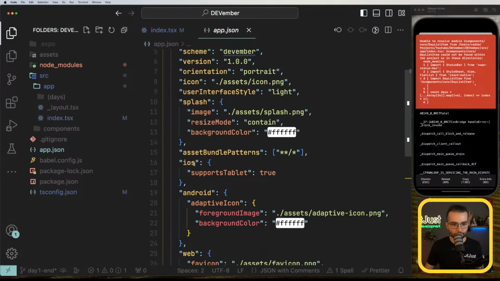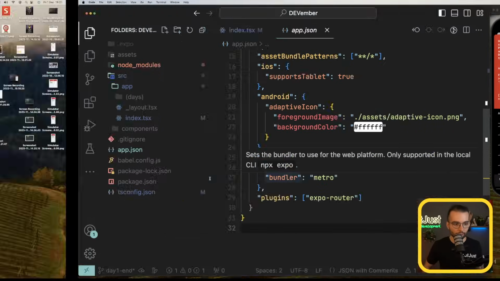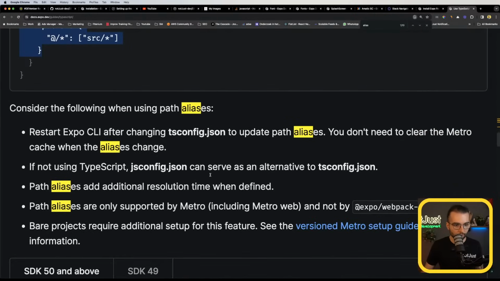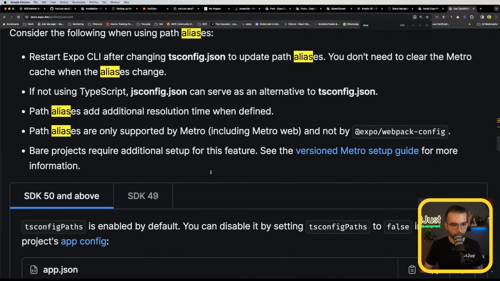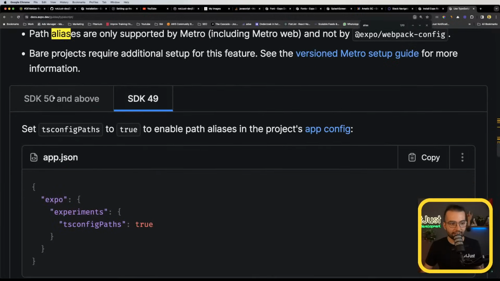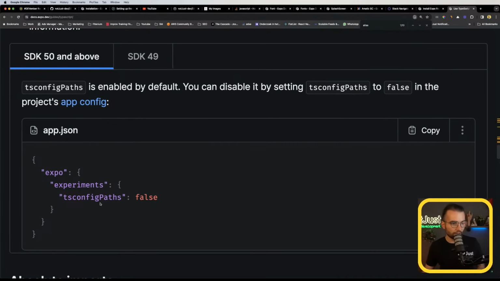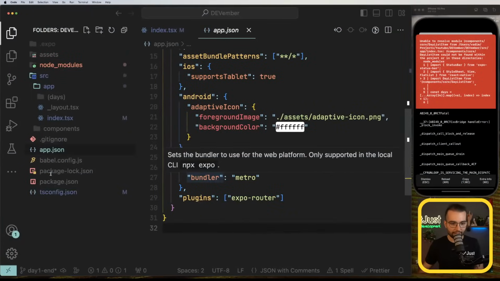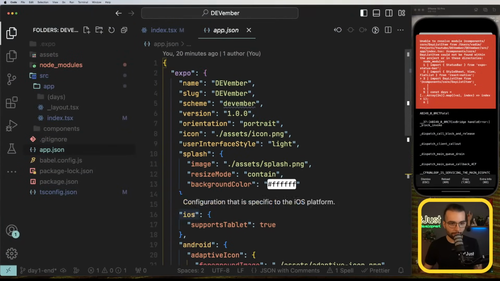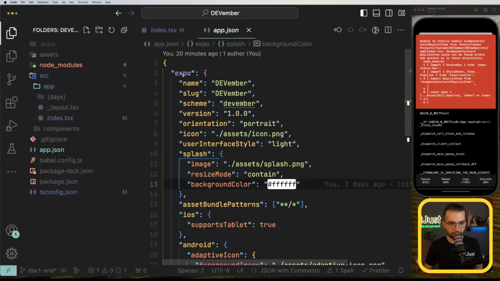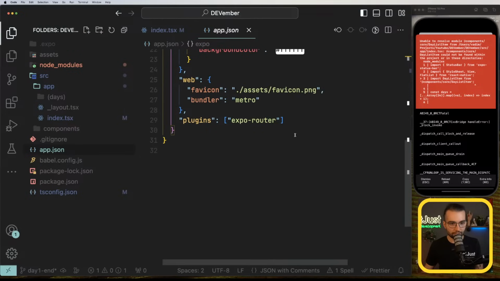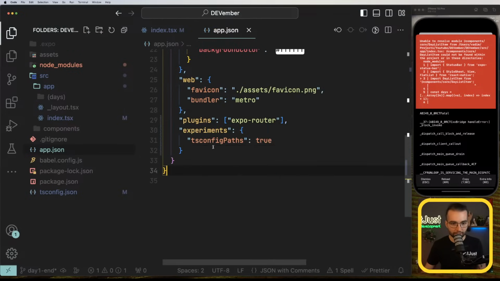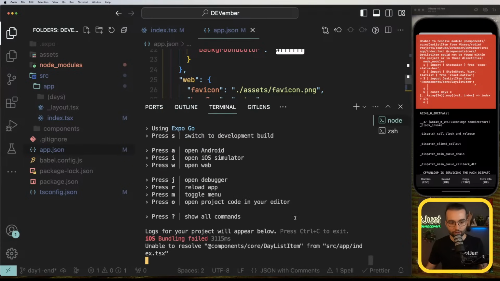app.json. For SDK, yeah, in the SDK 50, we will probably not need the configure paths, but in the 49, we need in the app.json to add experiments TS config paths. This is something new, and it's behind. So in app.json expo, somewhere after the plugins, we can add experiments TS config paths true, and now we can